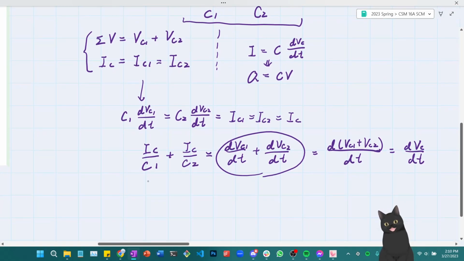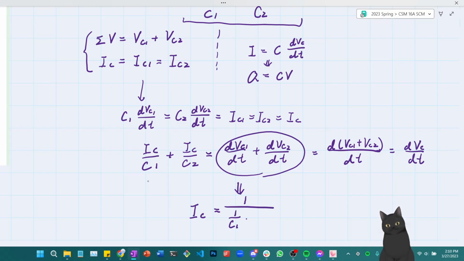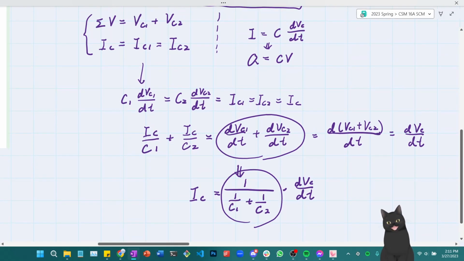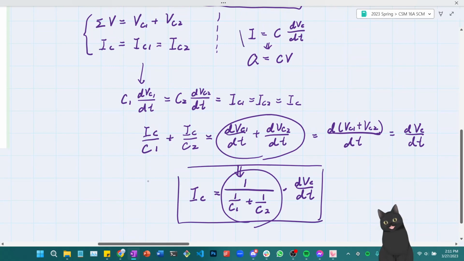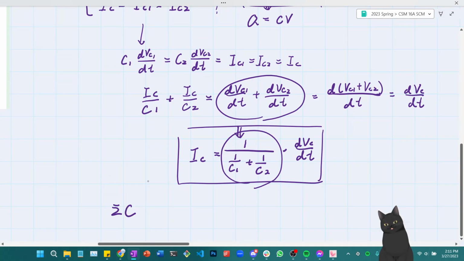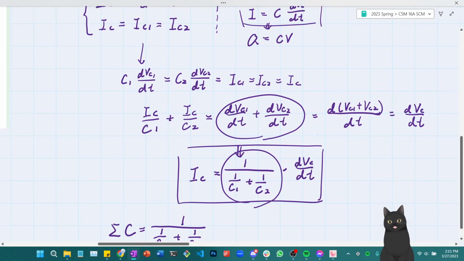And that means that we can derive the above relationship into an IV relationship where Ic is equal to 1 over C1 plus 1 over C2 times dVc/dt. So the equivalent capacitance then is equal to this coefficient, as this equation completely resonates with the form of an IV relationship in a capacitor. So then the equivalent capacitance is equal to 1 over the quantity 1 over C1 plus 1 over C2. Okay, so